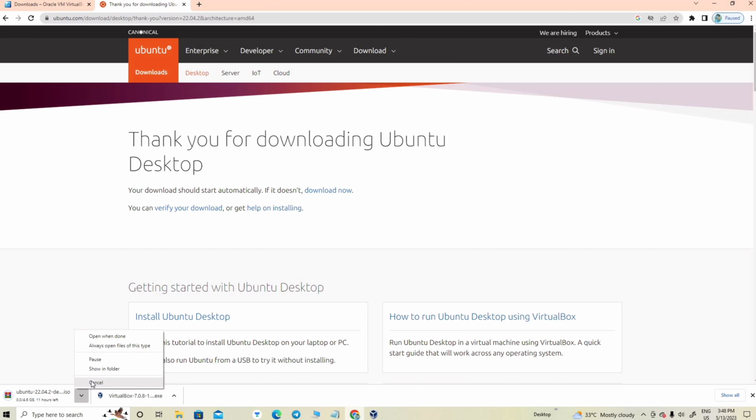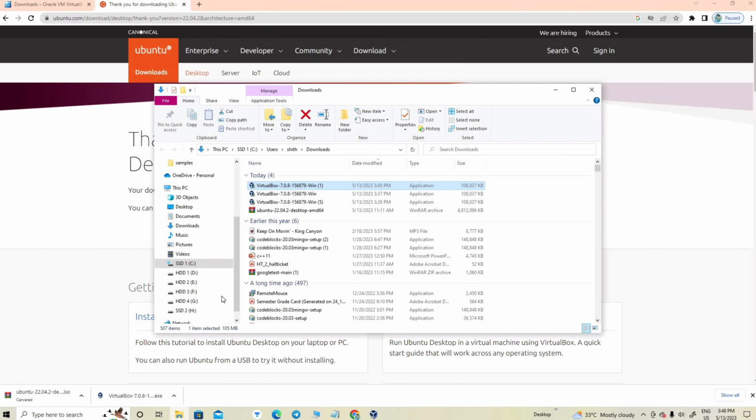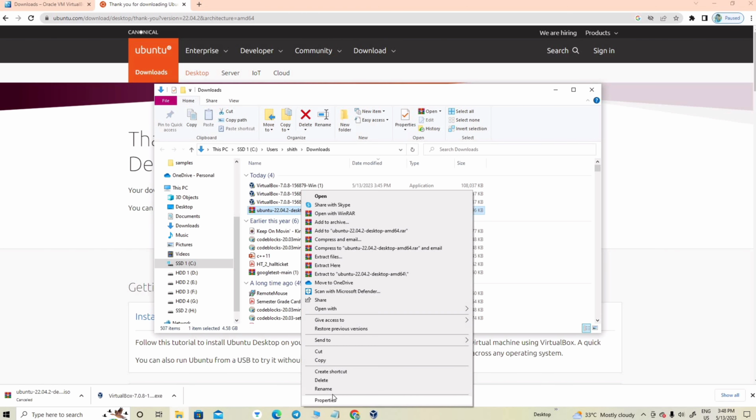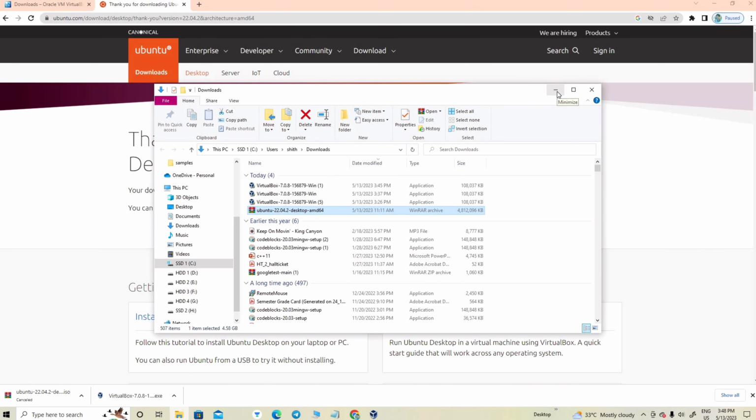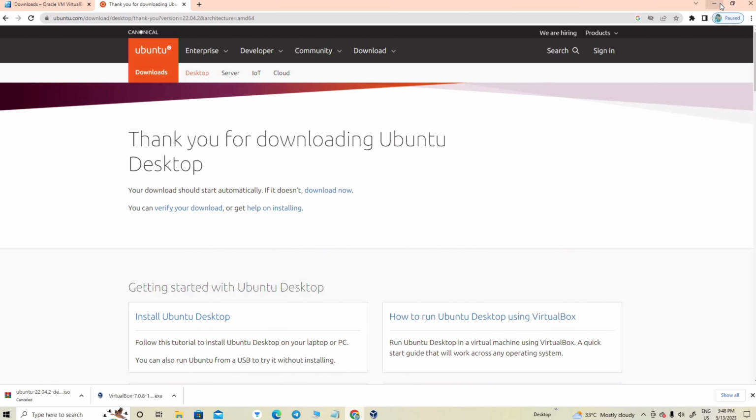I have already installed it on my machine, so I am showing that file. This is the installed file, Ubuntu 22.04.2 desktop AMD64. It has an overall size of approximately 4.6 GB. So this is the second step for how to install Ubuntu on your PC, and then the third step